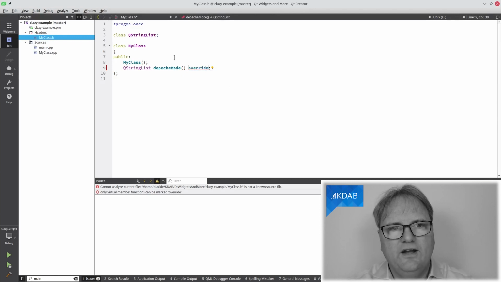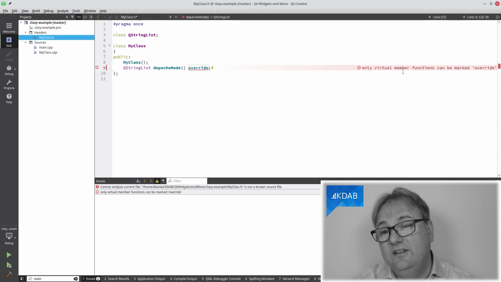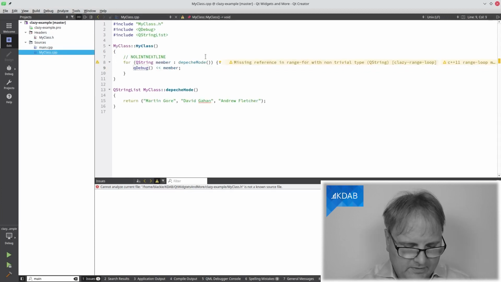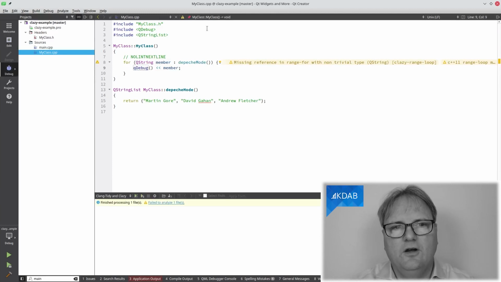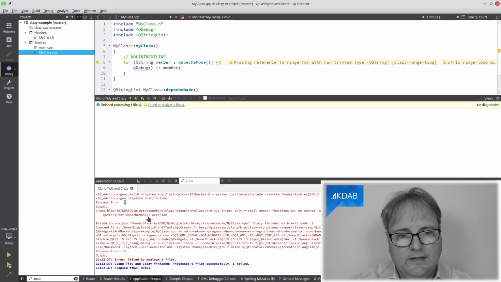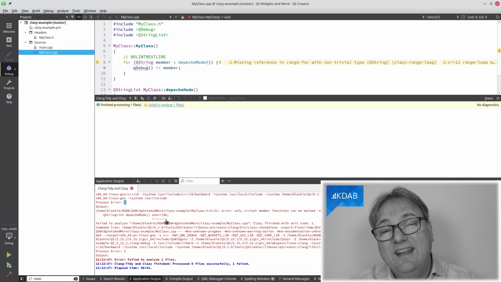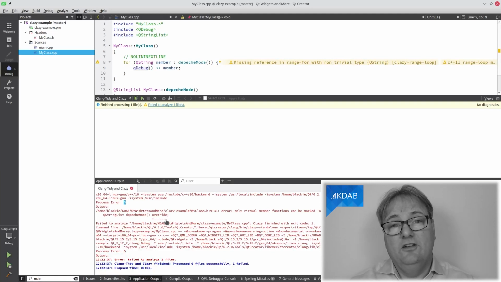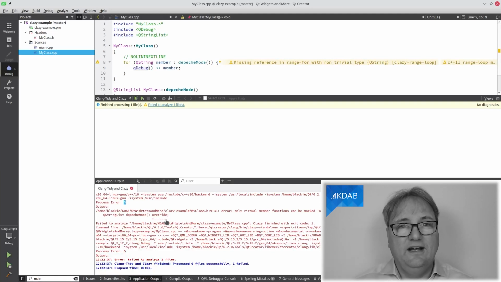Like writing overwrite, there is nothing to overwrite. And you can see that it complains about it, but if I want to run that, I will have to run it from here. Now, if I run it from here, Control-Shift-A, as part of including my class.h, it will complain, failed to analyze one file. Yeah, so it didn't even compile. Again, it needs to be able to compile. So a bad example for that. But nevertheless, when you see it's not a known source file, there's 2 things. Either it's not known in the project or it's not a source file.